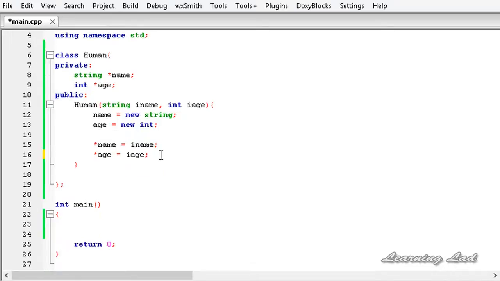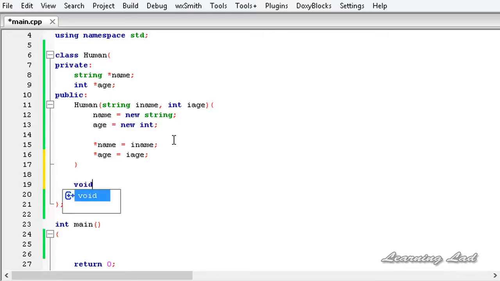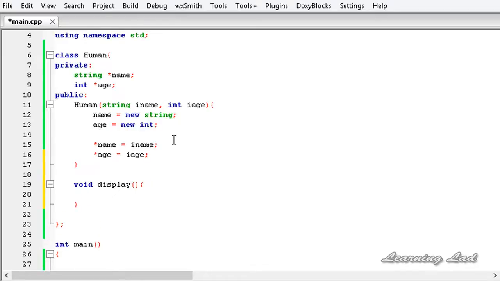Alright, the next thing that we're gonna do is build a method which is gonna print out the values pointed to by these two pointers. I'm gonna call that method void display, and it's not gonna take any parameters. And here inside this method we're gonna say